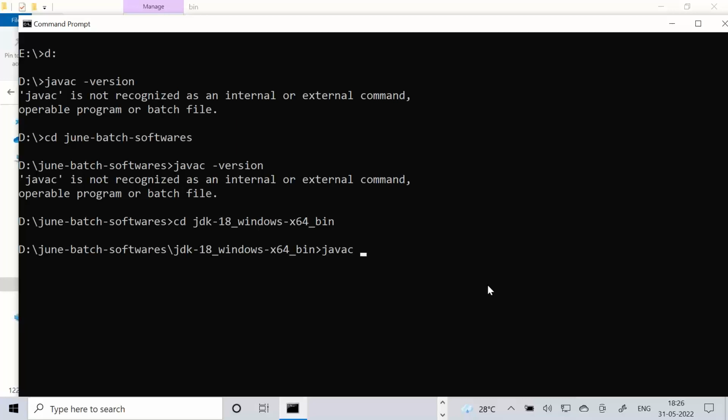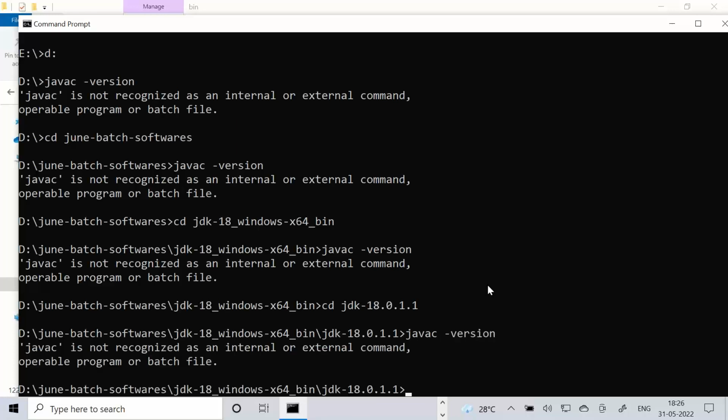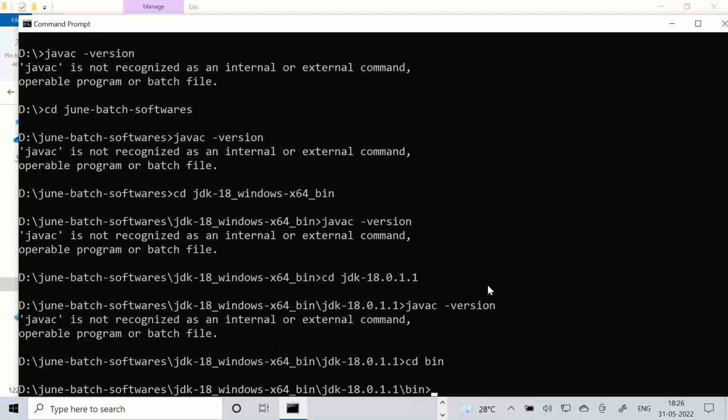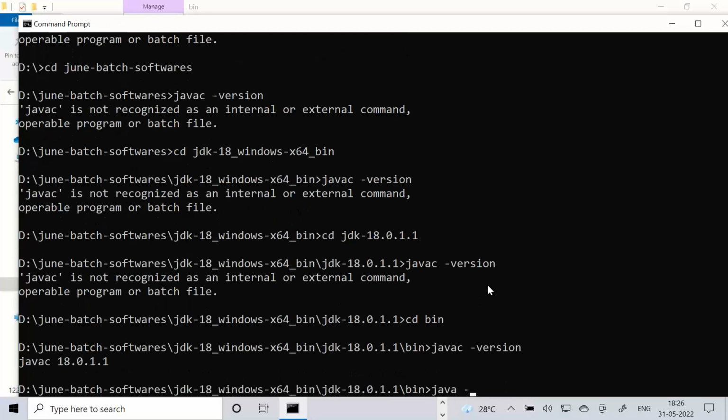Trigger javac. cd space one more JDK with a tab. javac. cd space bin. javac with a version. Java with a version.